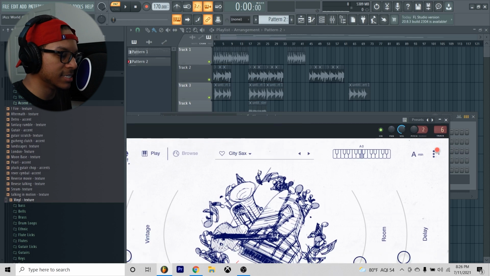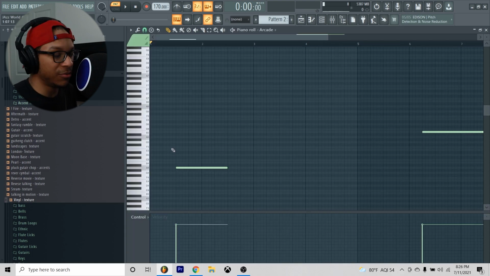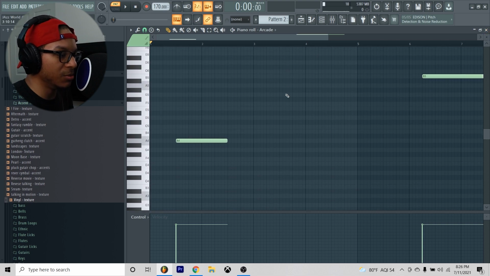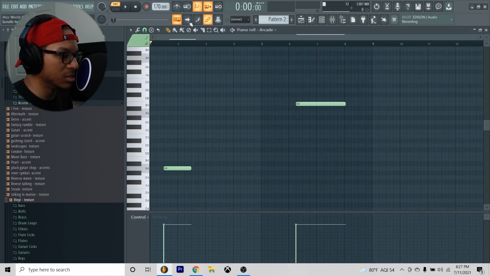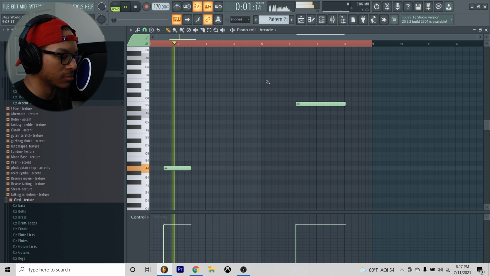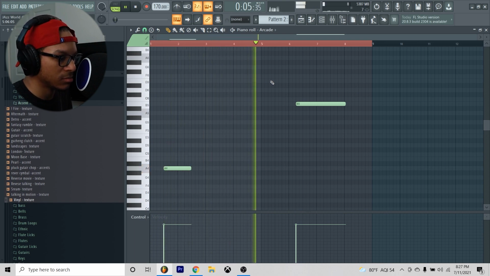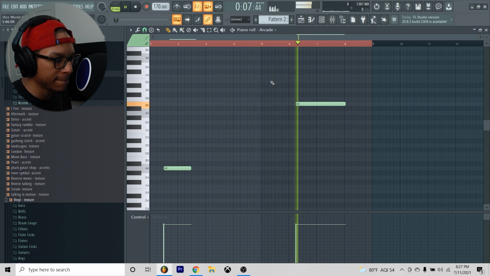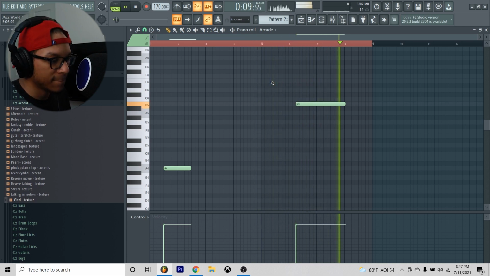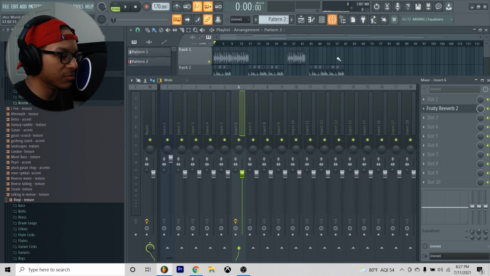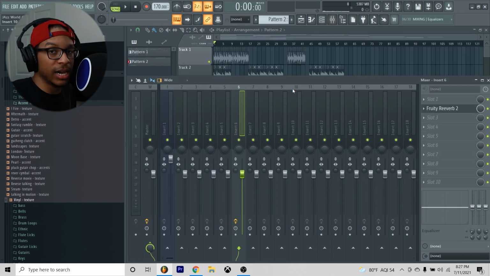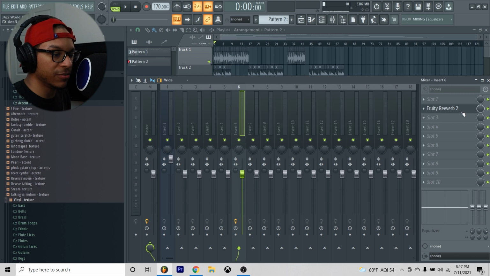Second to the last thing I added was this arcade. Like I said, it's the city sax. And what I did was just found a phrase within here that fit with the chords and it fit with the excitement. So this is what the sax sounds like. Now the sax was the only thing I added an effect to, and the only effect I used was a